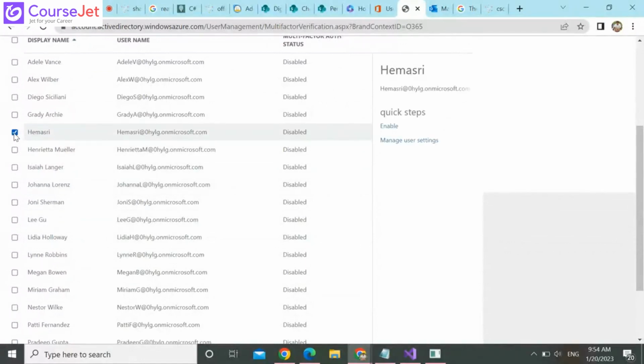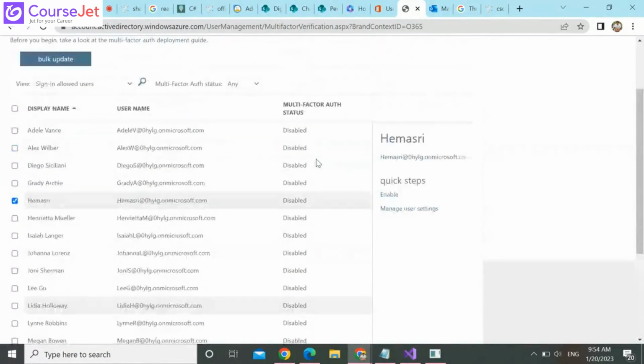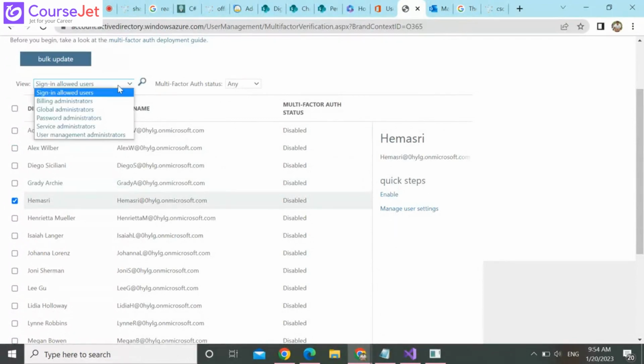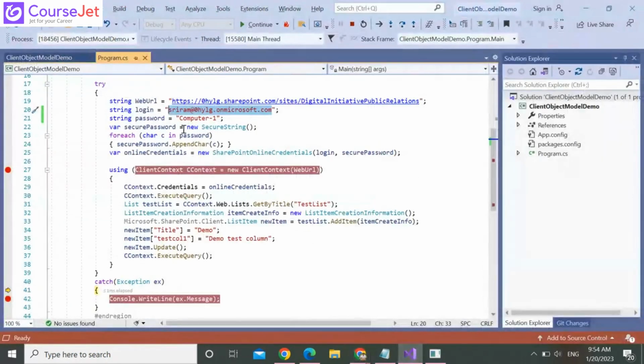Or we disable multi-factor authentication. I think it is Microsoft recommended, right? I think we cannot change that. It is just my multi-factor authentication that is throwing the error.